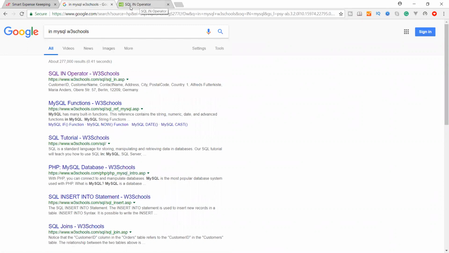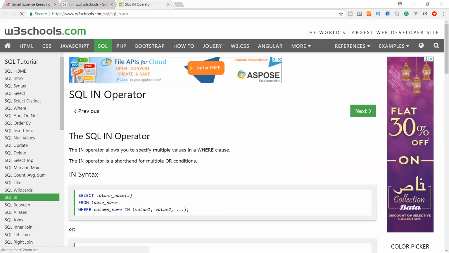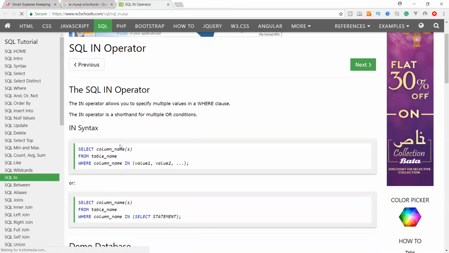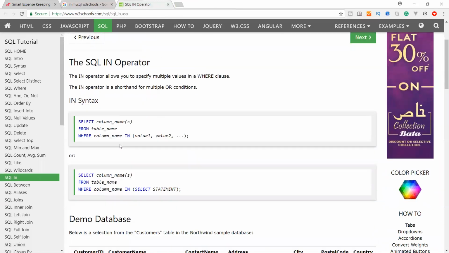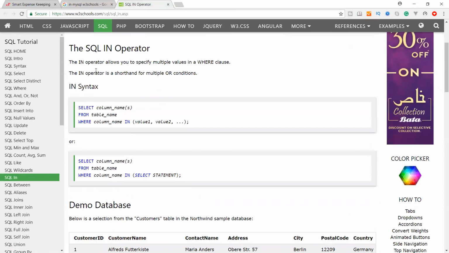Let's go to SQL IN. The IN operator allows you to specify multiple values in a WHERE clause. So we can use a WHERE clause with multiple values. Let's shift to our code.